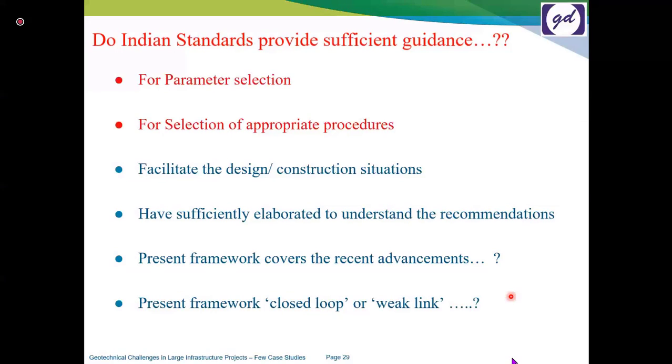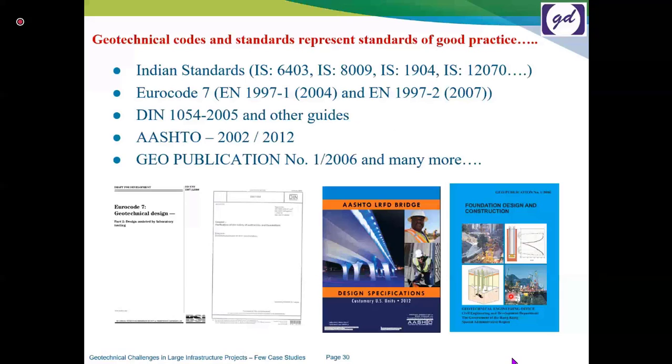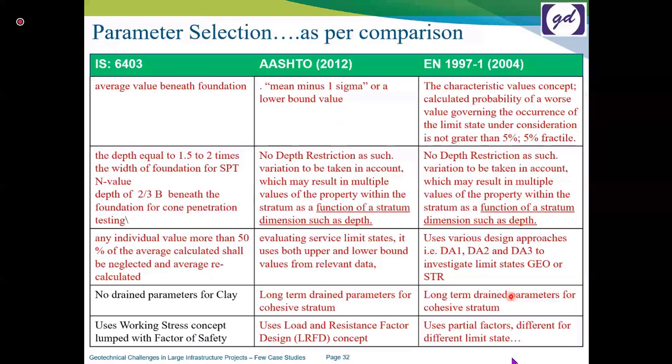I would say, sorry, there are other international codes which are available, which anybody can refer. Indian standards, then Eurocodes, then DIN, which is a German standard. AASHTO is one of the important documents, and then GEO publications, which is from, let's say, Hong Kong or Singapore. If we try to compare the parameter from IS 6403, AASHTO and EN, the average value beneath